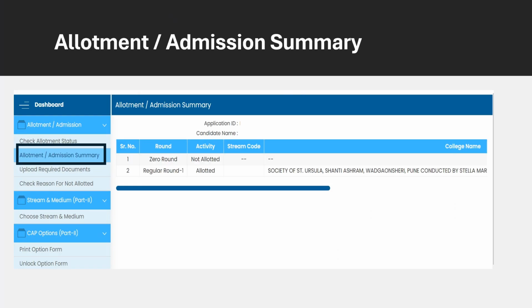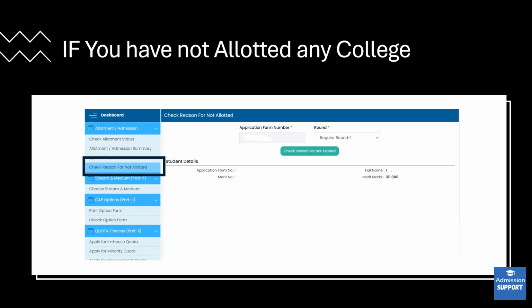Suppose some students want to check the round wise allotment, they can click on allotment/admission summary. In this section they will be able to get the details about the allotment that happened in round 1, round 2, and round 3. Those students who have not been allotted any college can check their cutoff, meaning the college they have entered, that cutoff, and the reason for not being allotted in this section. Okay,